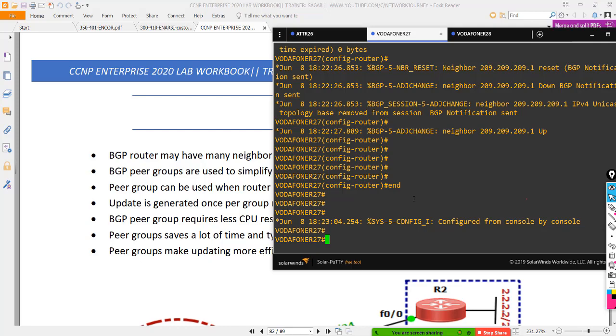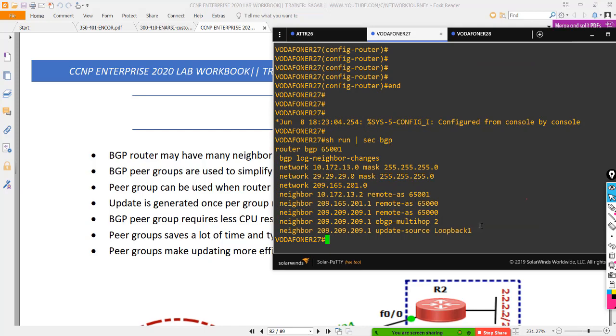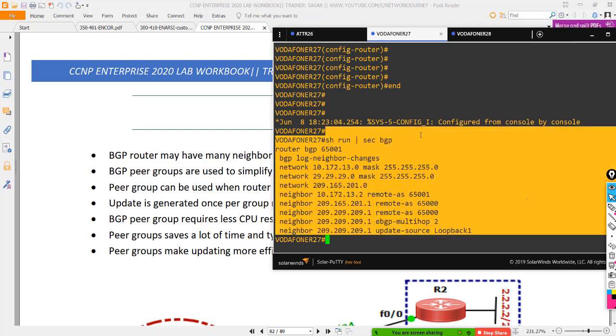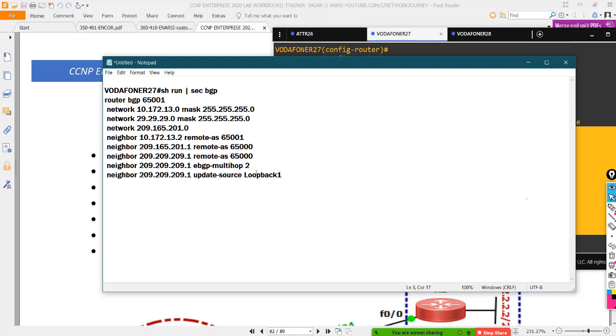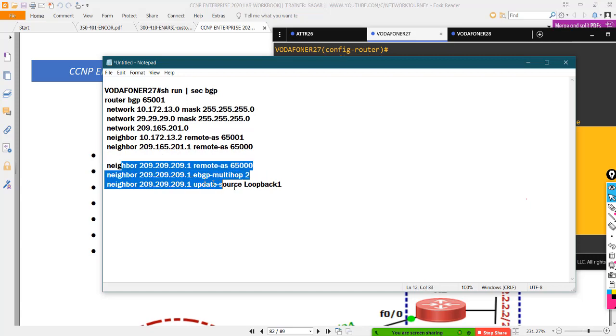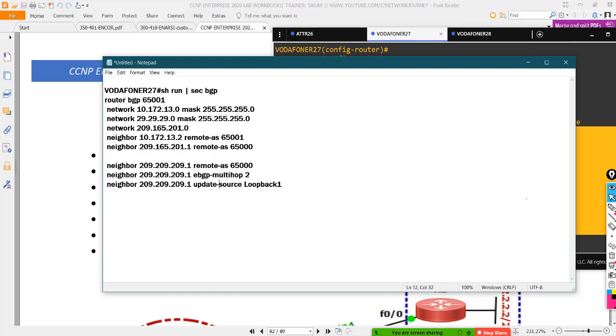It's very easy. For example, if you see my BGP statement as of now, if I take this whole thing and keep it here, let's see what all I did. This was a default configuration which I have not done. It automatically started getting shown up. From my side, I did all these configurations, and for this neighbor, I have done eBGP multi-hop and update source.